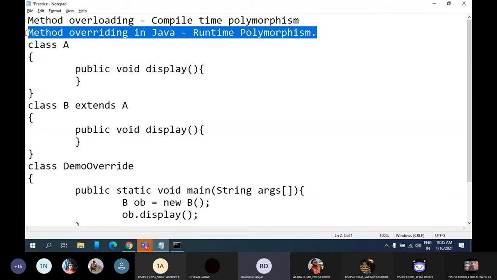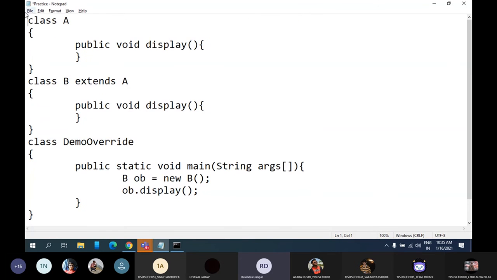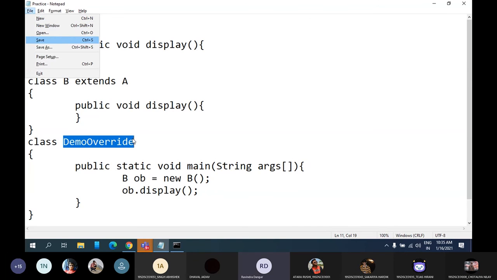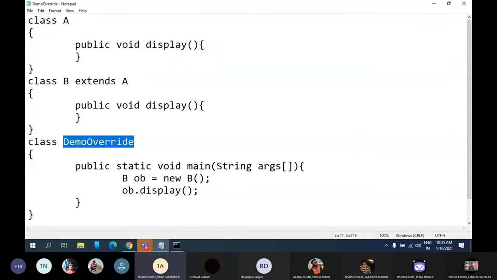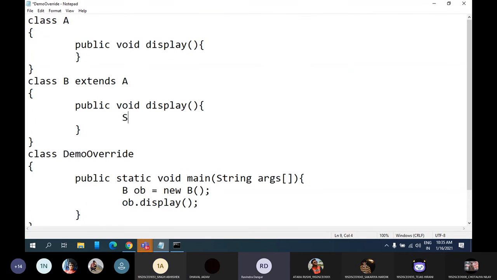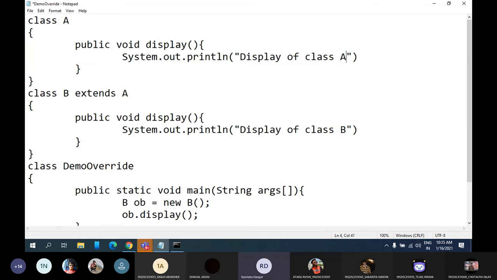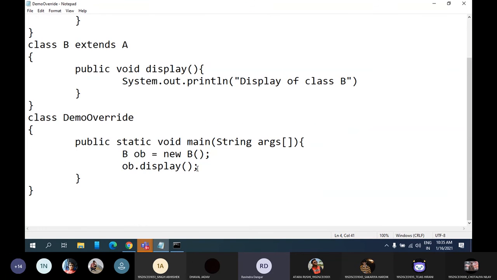Let me remove this and save this file with this name. Let me write something in both the methods so that we can check which method is invoked. Let us write: this is a display of class B, and this is a display of class A.